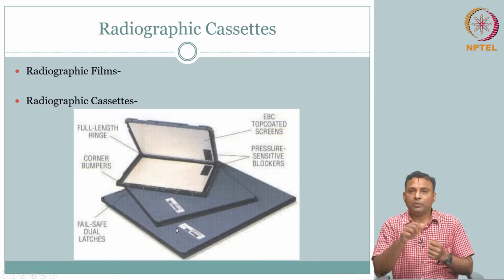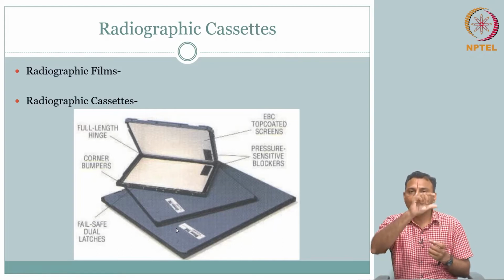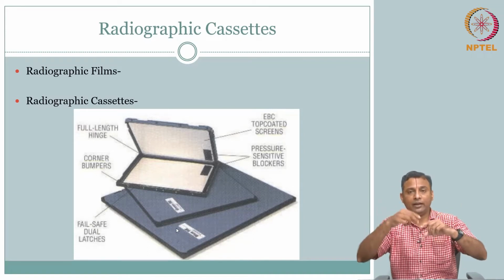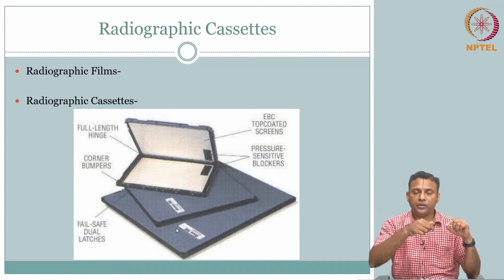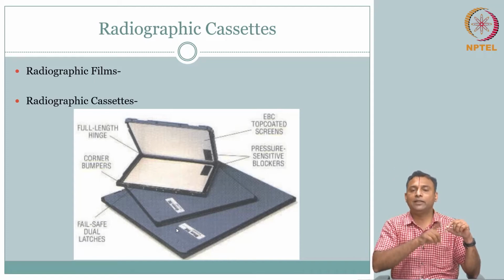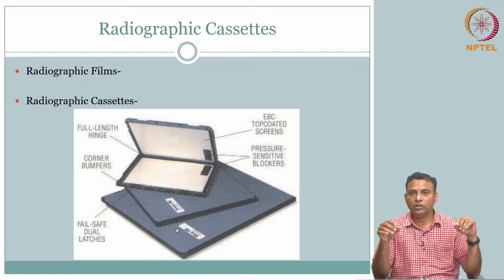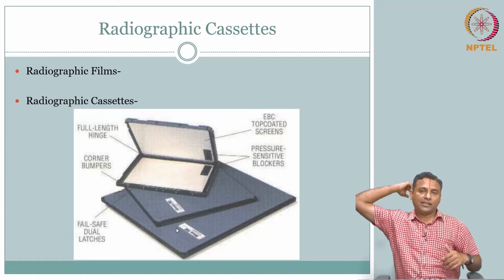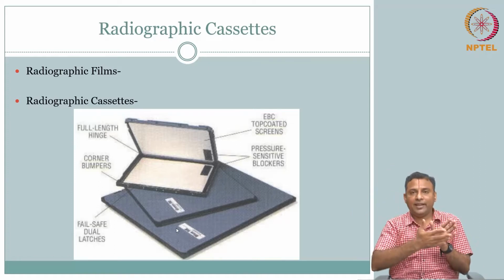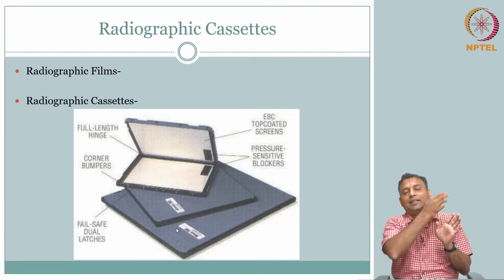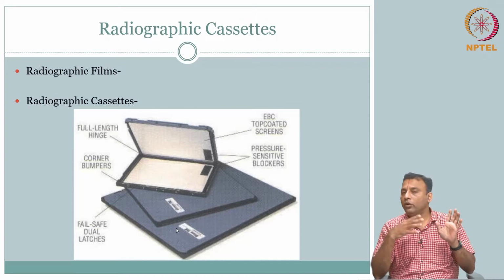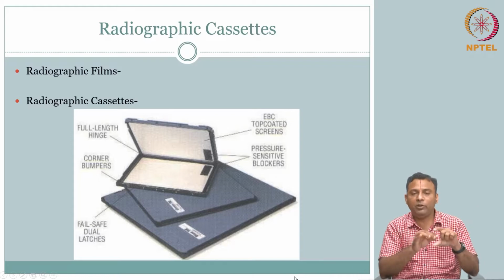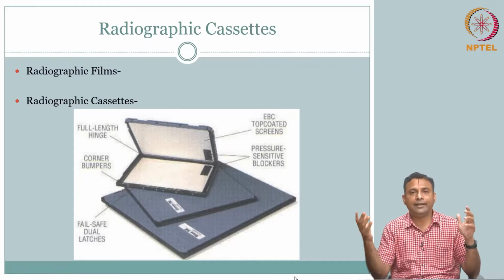This cassette should be easy to open, so you can slide the screen in. In the top part you will have one intensifying screen, and in the bottom part you will have another, and you saw that reflective layer. So that light goes in, it maximizes the chance of interacting and spoiling the film. Naturally, one side has to allow the X-rays to go in, and on the other side you do not want the X-rays to come out of the cassette. So, one side of the case will be transparent to X-rays, and the other side can have a lead coating or whatever, so that X-rays do not exit the cassette. So, it is a typical cassette, and the film will be taken out of this and developed separately.